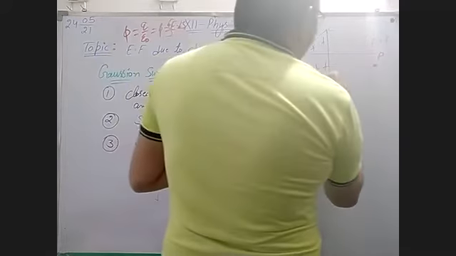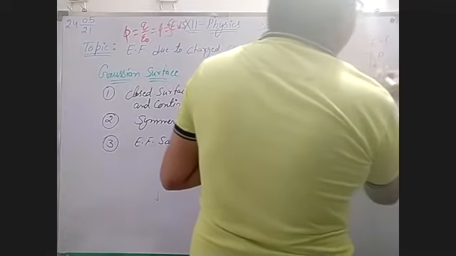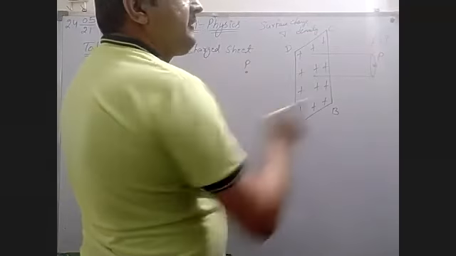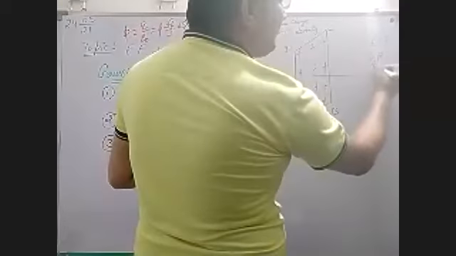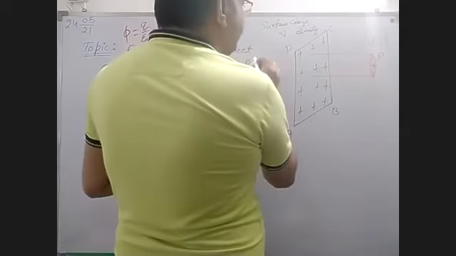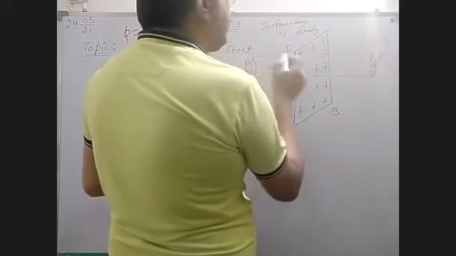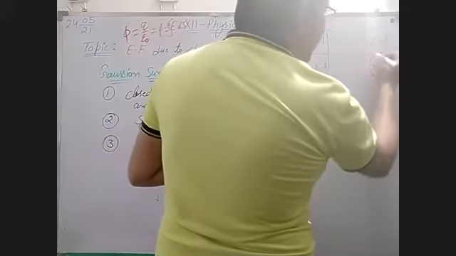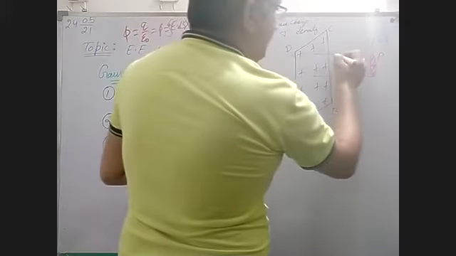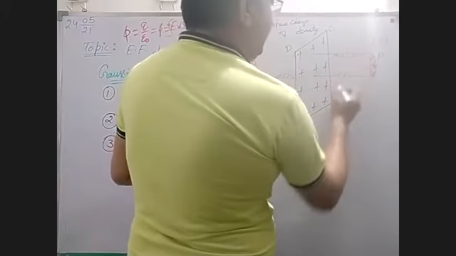Then you have to take some area from there by which you can calculate the value of the electric field at point P. Now this is the surface. This is a cylinder. All the parts are surfaces here, but we can calculate the electric field only at this portion and that portion, but not on this portion or this portion. There is no electric field there.